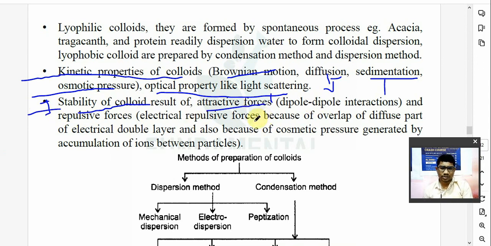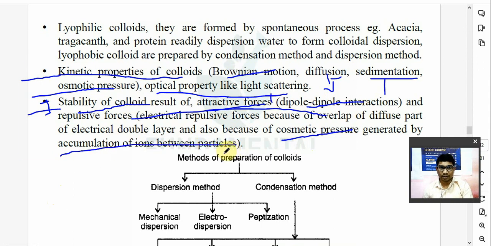Why is there stability in colloid? Because in a colloid there are two types of forces. So you have two types of forces in the colloid. Particle attraction, there is a dipole interaction. Then repulsive forces, there is electrical repulsive forces because of the overlap of the diffuse part. They will form an electrical double layer, and also because of the osmotic pressure generated by accumulation of ions